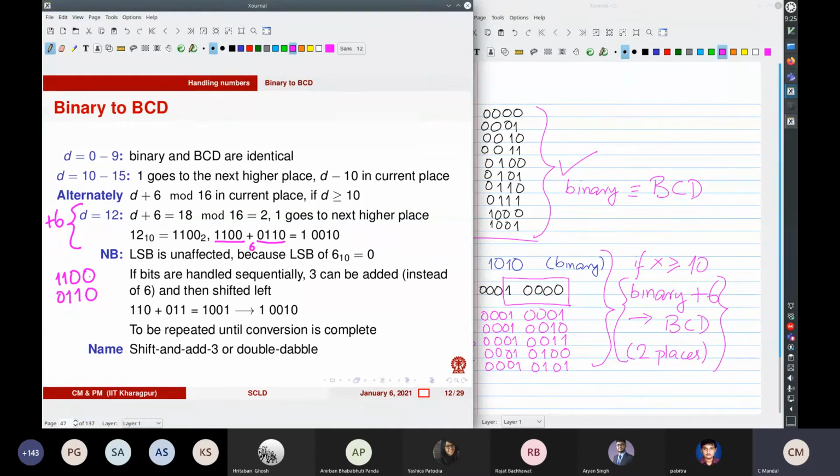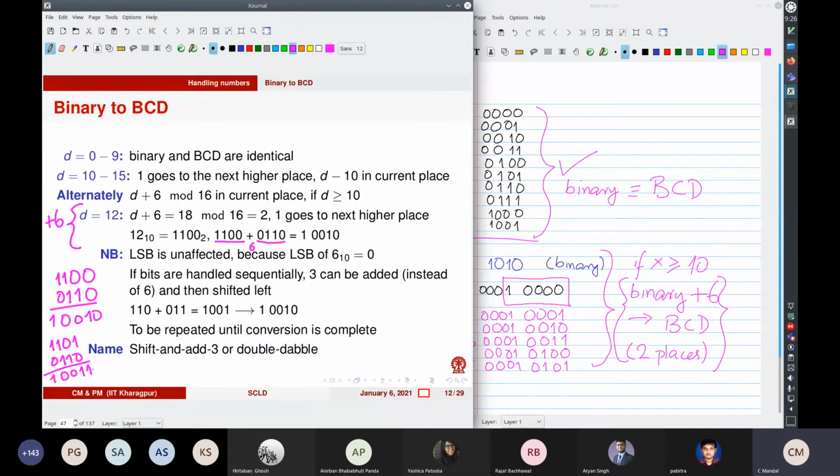So whatever you have, whether it is 12 or whether it is 13, if you add this, the result will be... and if you consider 13, and if you add 6 to that, then the result you get is